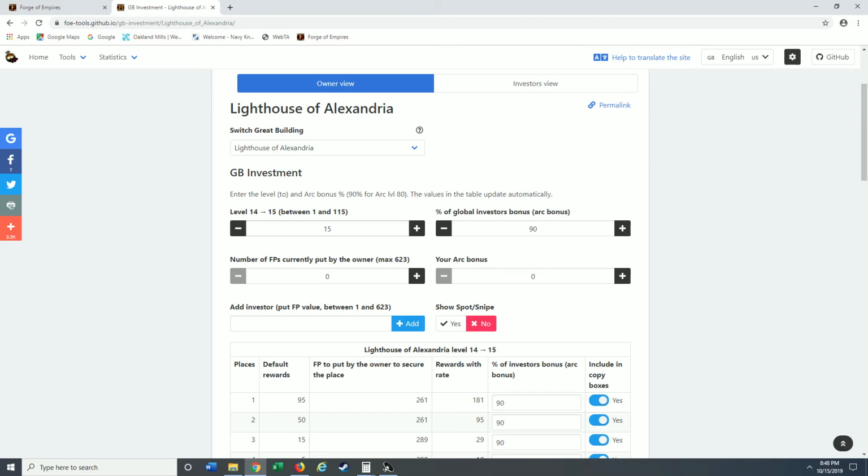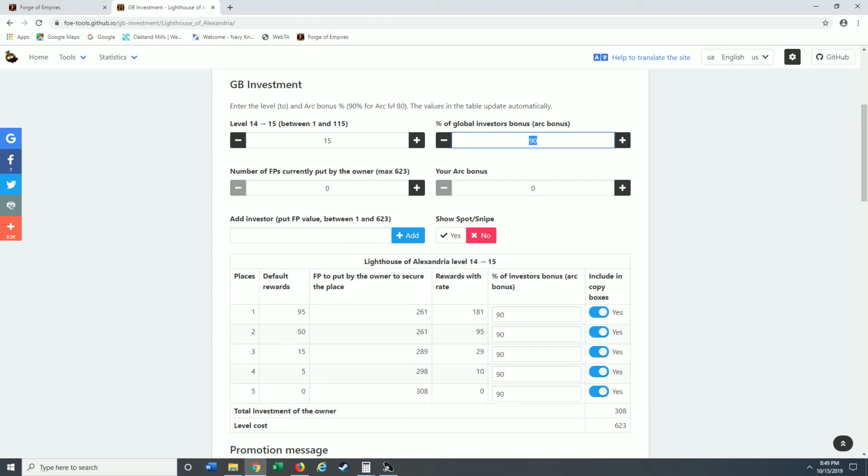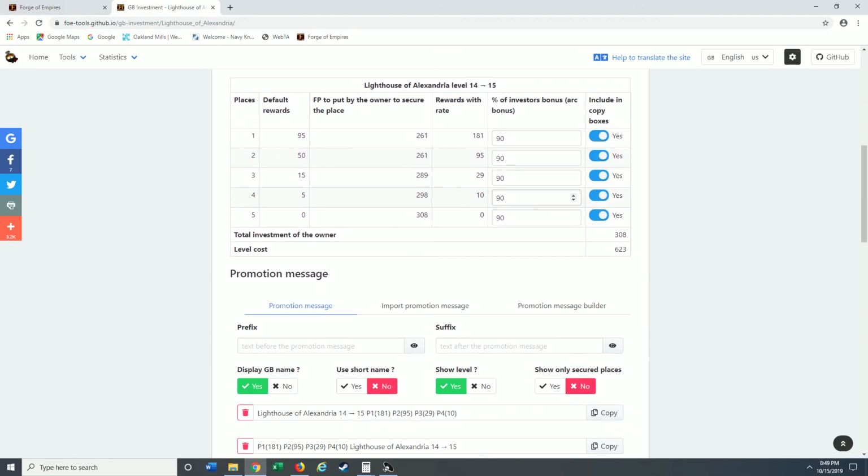We're going to level 15. We have a 90% arc bonus in there, and it's all set up. Now we just have to come down and interpret the numbers and do what they say. As you'll see, looking across horizontally, we have first, second, third, fourth, fifth, all the spots that have rewards